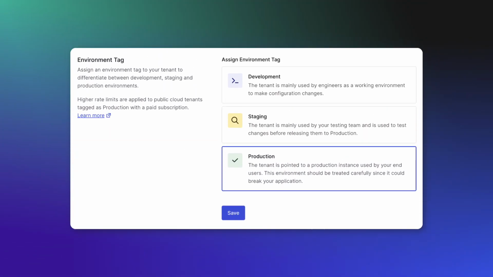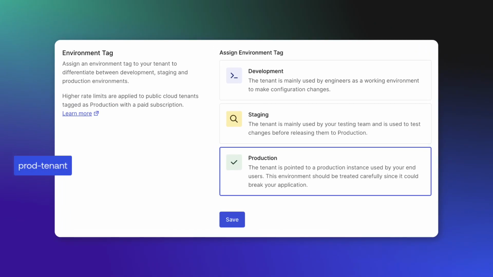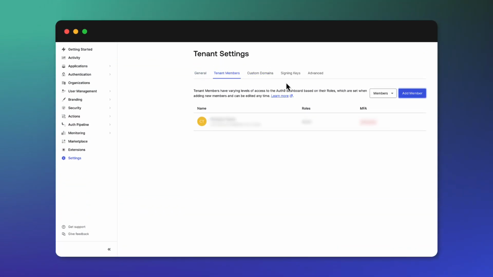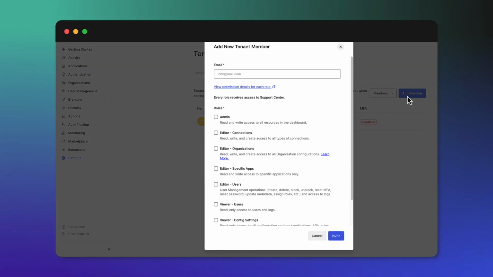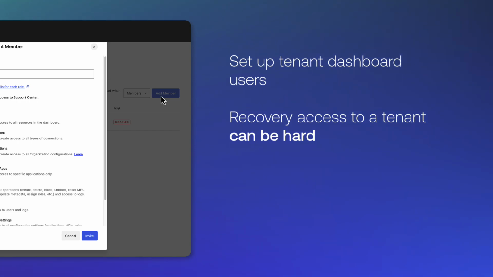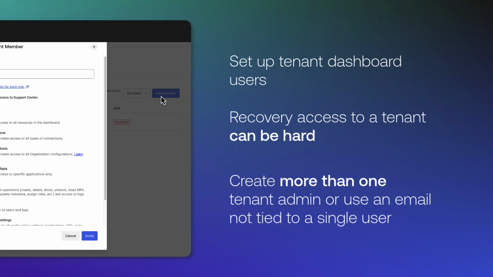When you assign the production environment tag to an Auth0 tenant, that tenant is subject to different rate limits than your non-production tenants. You will also want to set up your tenant dashboard users. Keep in mind that if you lose access to your only existing tenant admin account, there will be no way of recovering access to your tenant. You may want to create more than one tenant admin or use a service account email that is not tied